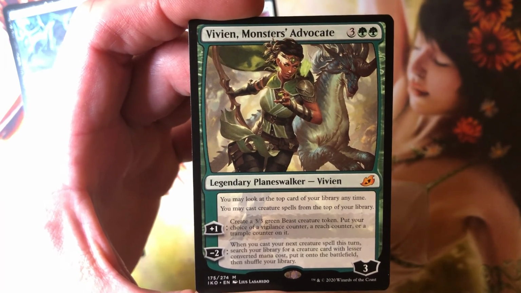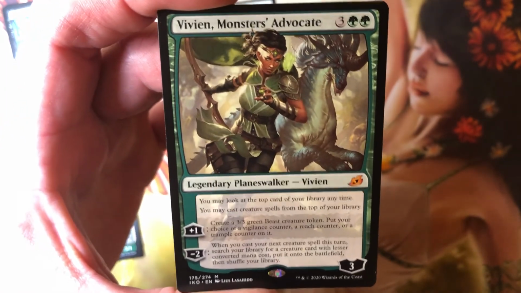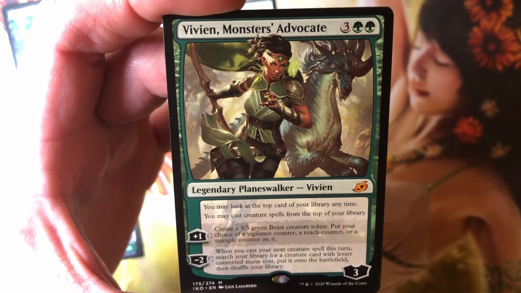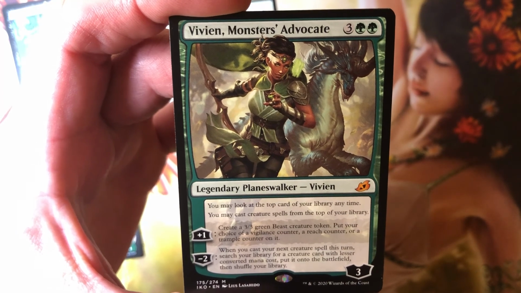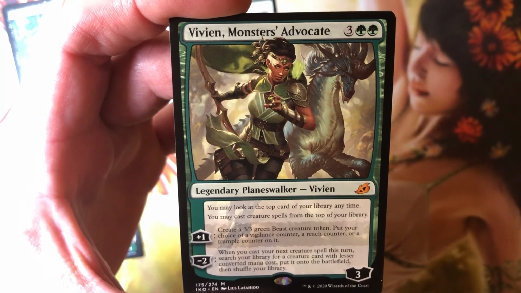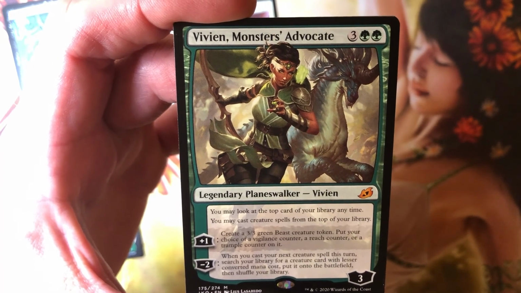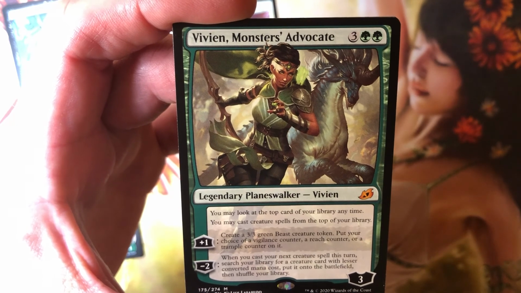That's interesting. +1: Create a 3/3 green Beast creature token. Put your choice of a vigilance counter, a reach counter, or a trample counter on it. And the -2 ability: When you cast your next creature spell this turn, search your library for a creature card with lower...